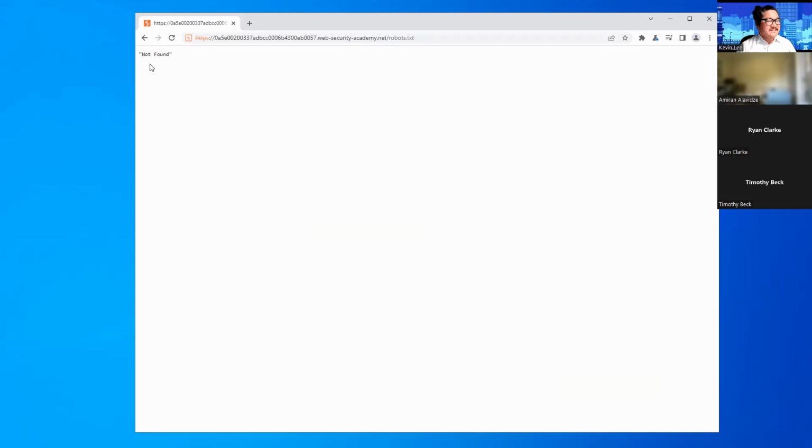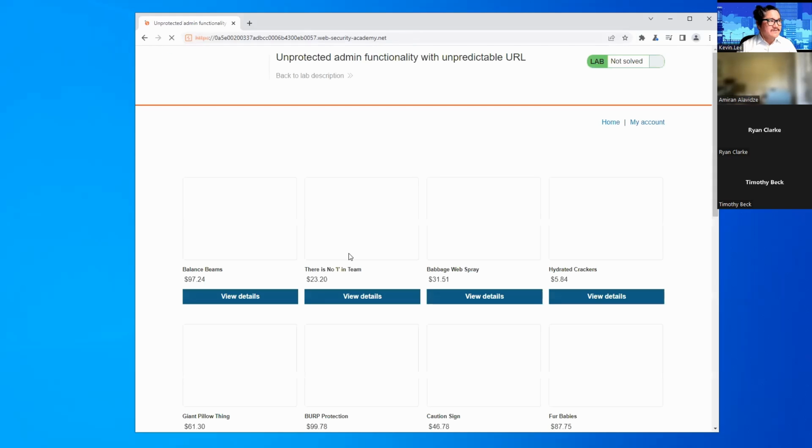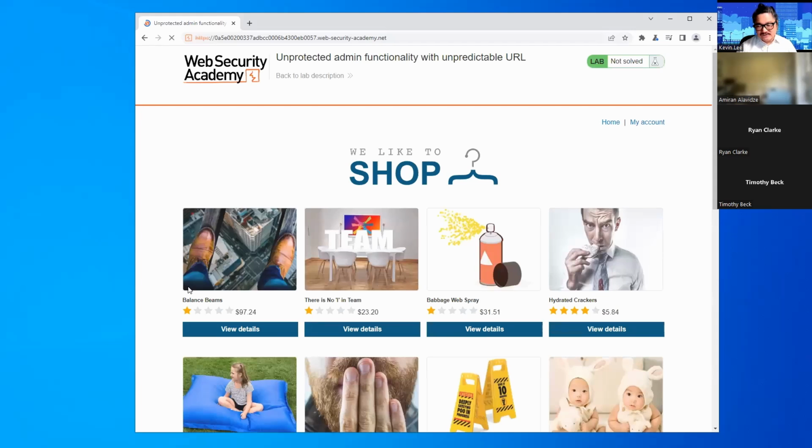Unfortunately, it doesn't exist, but everybody, is there another first step that's pretty common as far as enumerating a new web app? Timothy Beck says view source. Okay, yeah, that could be a very good option.